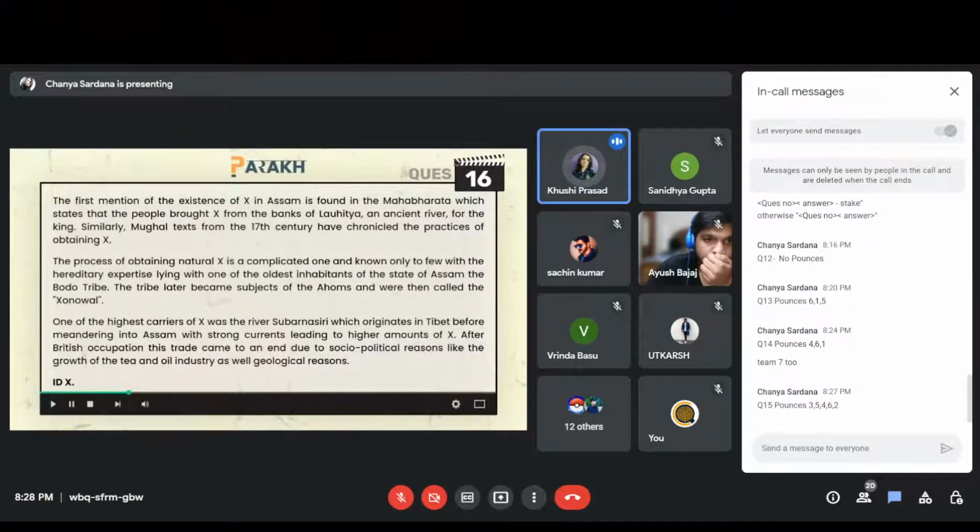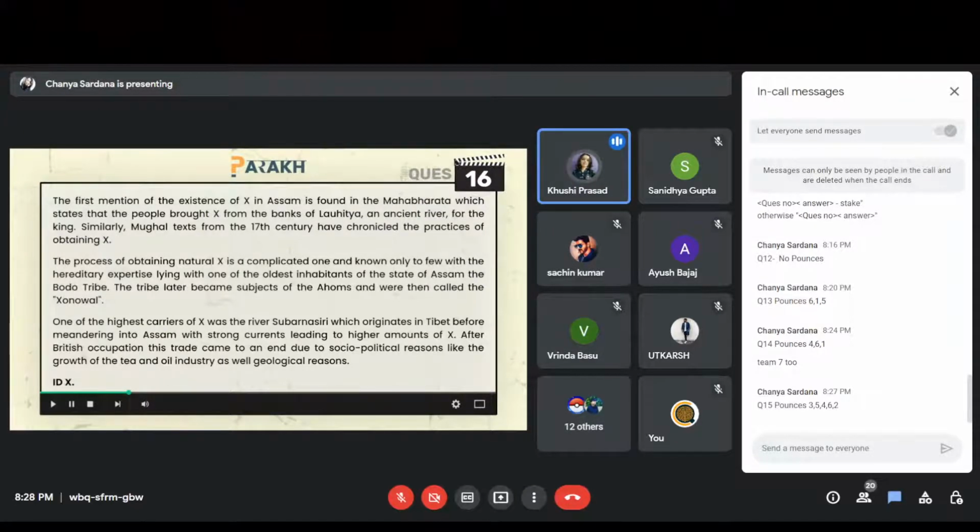The first mention of the existence of X in Assam is in the Bharata, which states that the people brought X from the banks of Lohitya, an ancient river, for the king. Similarly, Mughal texts from the 17th century have chronicled the practices of obtaining X. The process of obtaining natural X is a complicated one and known only to few, with the hereditary expertise lying with one of the oldest inhabitants of the state of Assam, the Bodo. The tribe later became subjects of the Ahoms and were then called